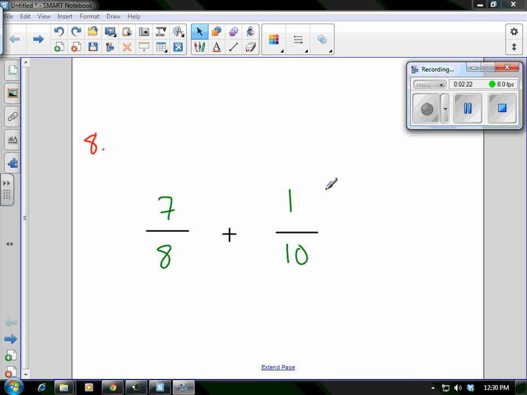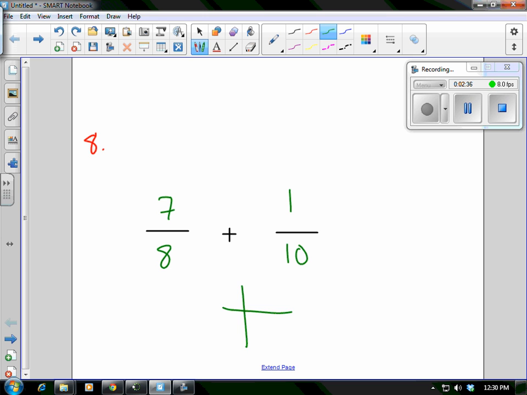Okay, we're going to start going through these a little bit quicker. Number 8, we have 7/8 and 1/10. Now in this case it's a little bit trickier because with 8 and 10, the bigger number, 8, doesn't fit into 10. So a way we could do this is we use this little T-chart, and we come up with all the multiples of that number,